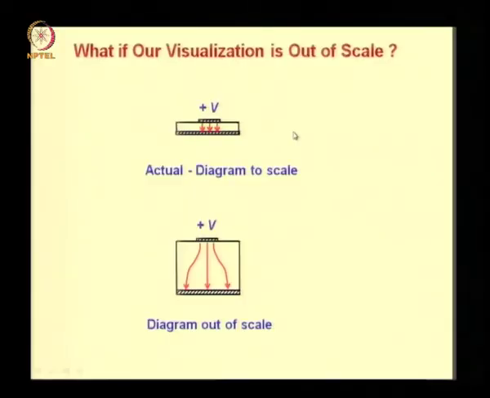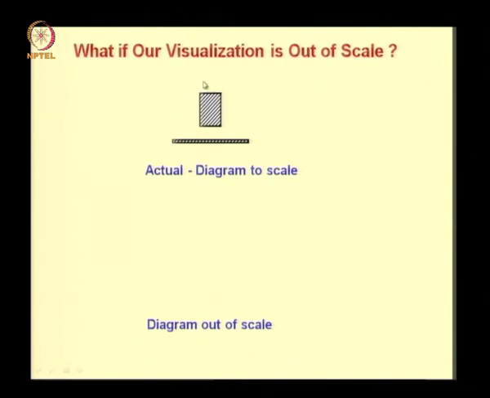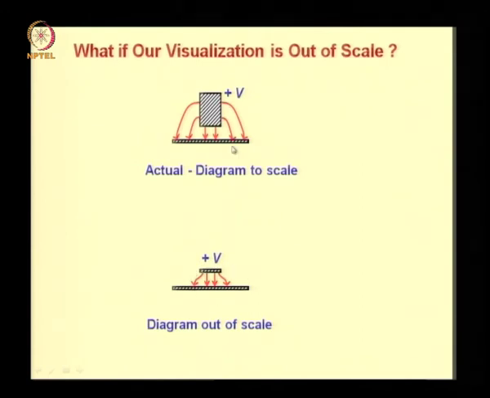Let's take another example. Suppose I want to get the capacitance of an electrode arrangement such as this, where one electrode is fairly thick as compared to the other electrode. Now as it usually happens, we tend to draw electrodes as thin plates, and supposing I draw this electrode arrangement in this fashion, then when I draw the field lines to get the capacitance and do the analysis, the field lines would look something like this, whereas in actual practice the field line picture is as shown here for the actual diagram, where